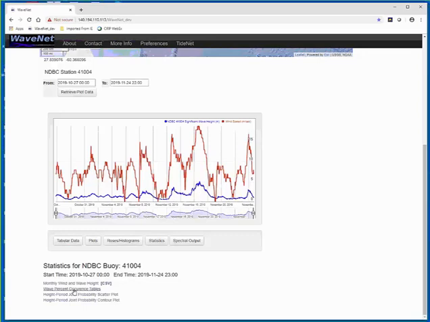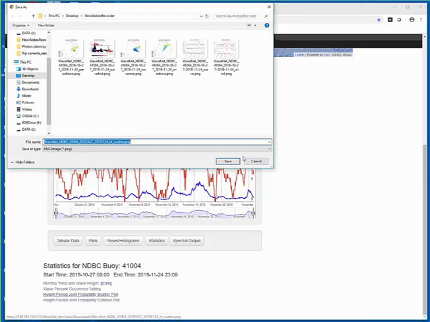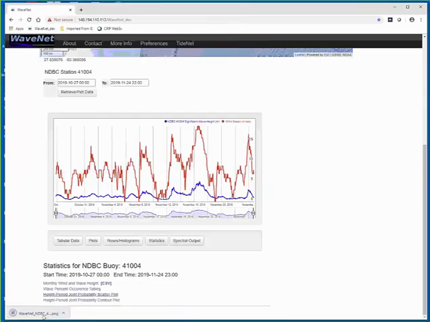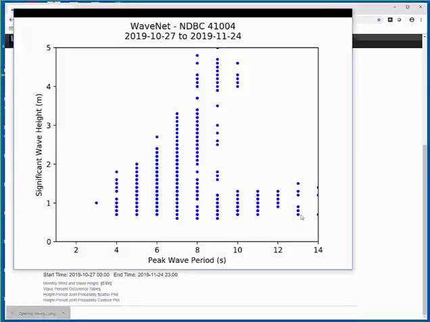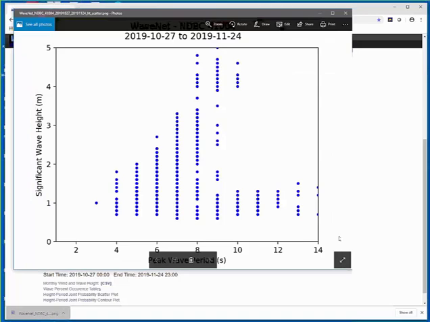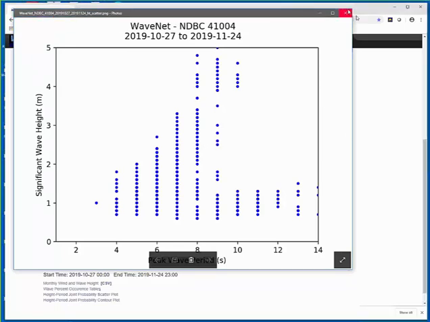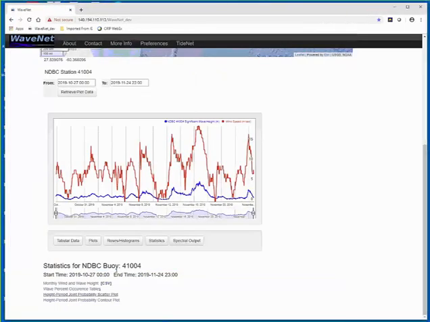High period joint probability, these are the static curves that we use a lot, especially in design and so on. It's a scatter plot of significant wave height versus peak period. And again, all of these are plots that you can save and put in your report.